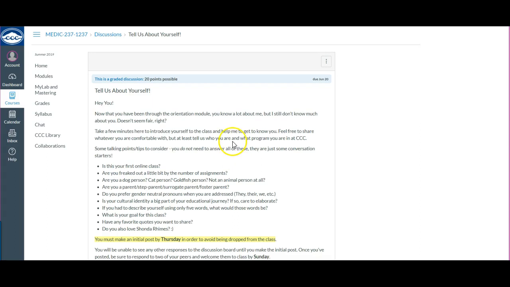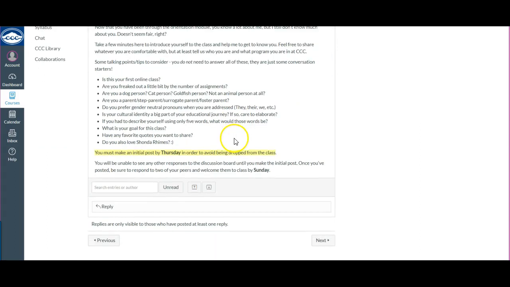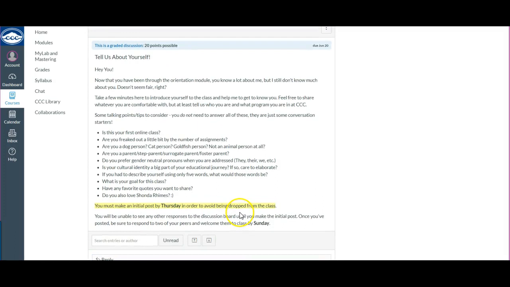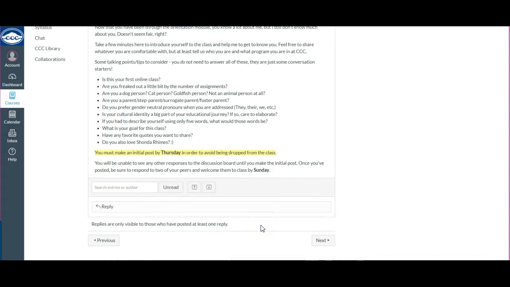And so this discussion board, you will note that replies are visible only to those who have posted at least one reply. So here's the deal with the discussion boards, excuse me. Your initial reply is always due on Thursday, and you want to make sure that you answer all the questions in the prompt. And then your posts to peers, you need to reply to 2 peers by Sunday of the